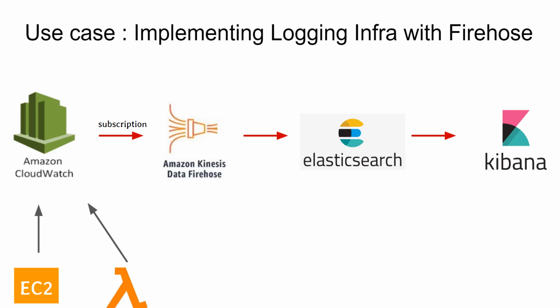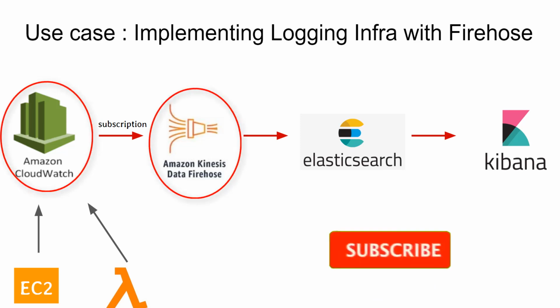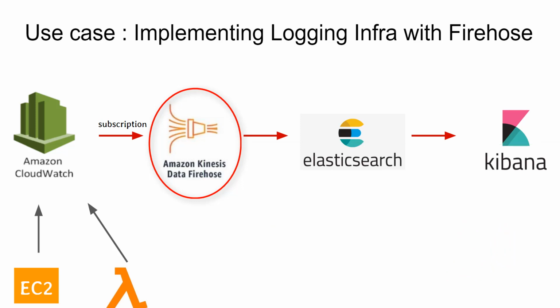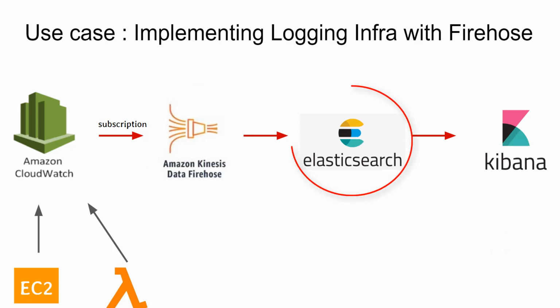You can implement logging infrastructure with the help of Firehose. In this diagram, our EC2 or Lambda function is constantly sending log data to CloudWatch, and we can create a subscription filter to deliver log stream data to Firehose from our Amazon CloudWatch. So in Firehose, we can do record conversion or transformation on the data, and after that, we can send that data to the Elasticsearch destination. And finally, with Kibana, we can perform visualizations to have insights into the Elasticsearch data. You can create bar charts, pie charts, or constant monitoring using KQL.